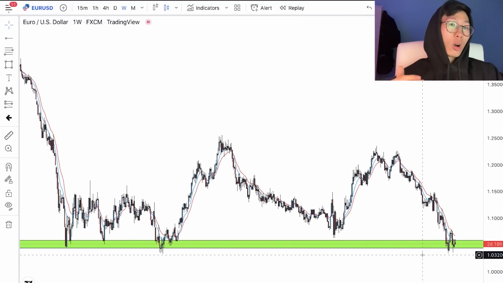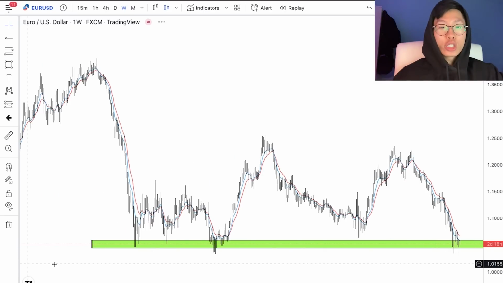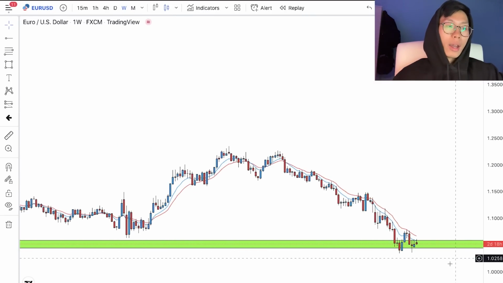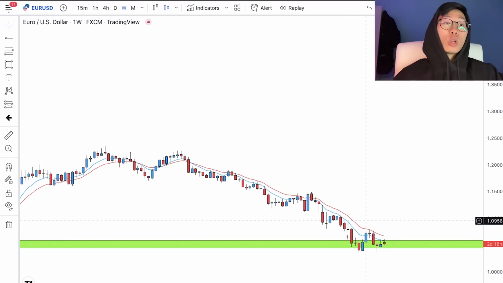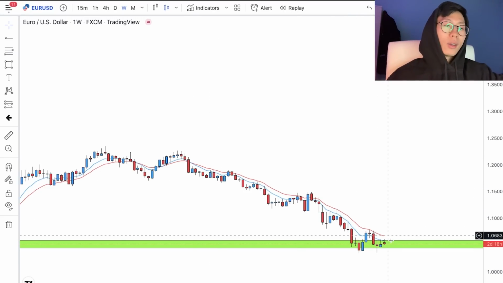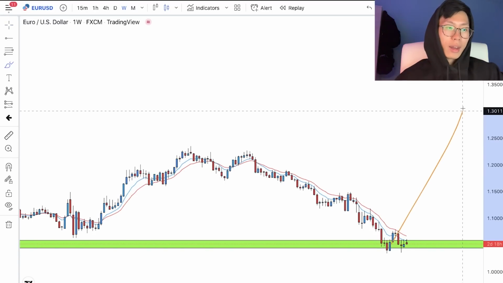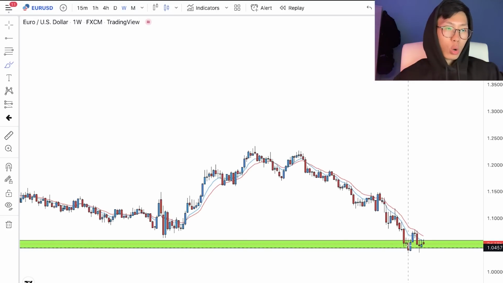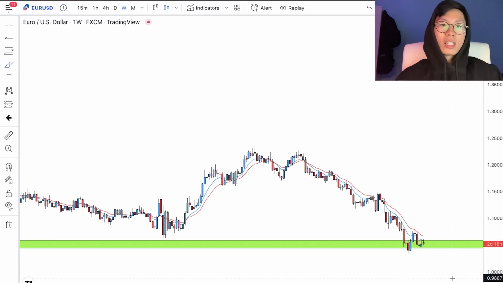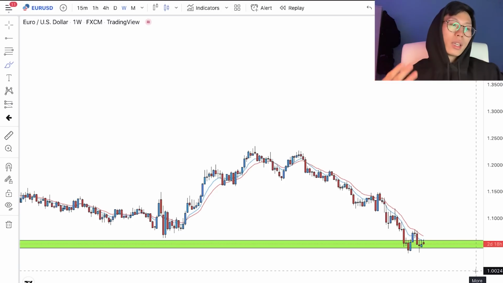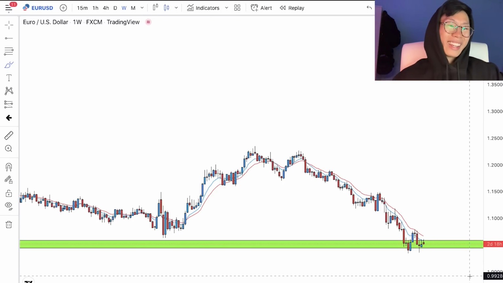So you can see right now EURUSD is literally at this strong support or demand zone that we have drawn right here. And right here we can see price is kind of losing steam. All the sellers are kind of losing steam, and maybe over the next few days price might reverse and head back up, or it can even go down to this $1 flat, because I've seen an article that says that EURUSD is going to the $1 flat or something. But basically that is what EURUSD can do also. It can either go down to this $1 flat, or it can start reversing from here.